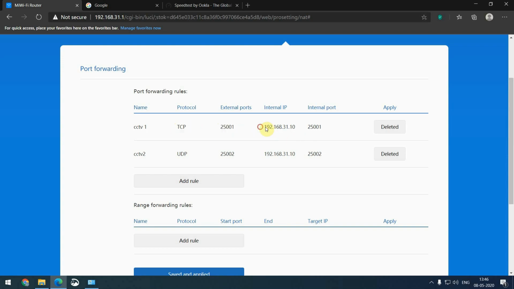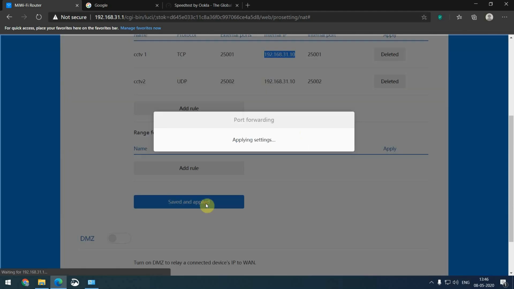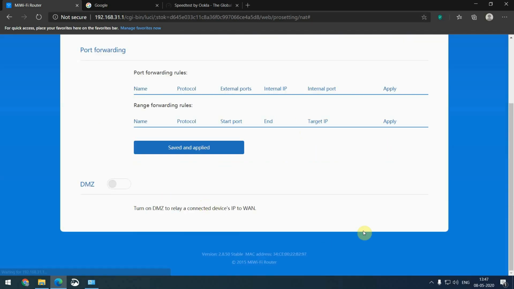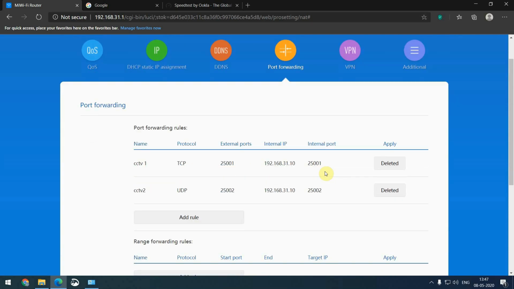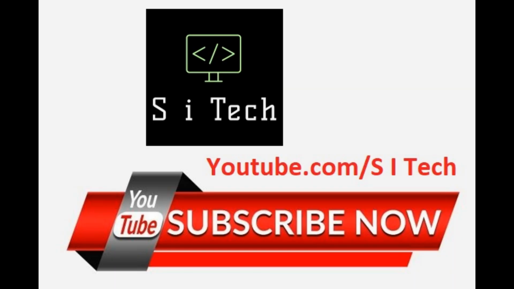If any connection is coming to the router from the internet on port number 25001 on the TCP protocol, it will forward that traffic to 31.10, meaning it will forward it to the DVR. If we create a rule like this and apply, then we can connect to the DVR and view our cameras from the internet. Or, if you have any custom servers running in your home and they need some port access, you can do it like this. So first what we have to do is we have to assign a